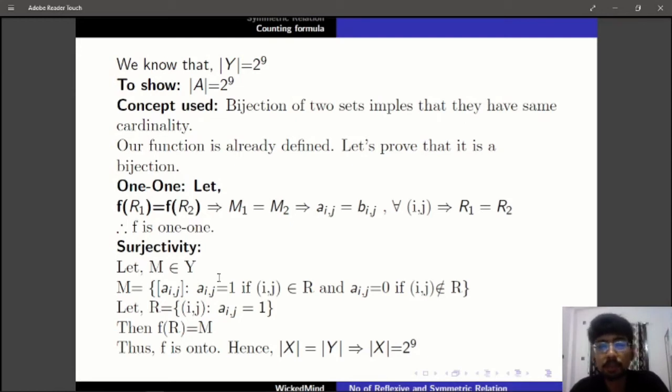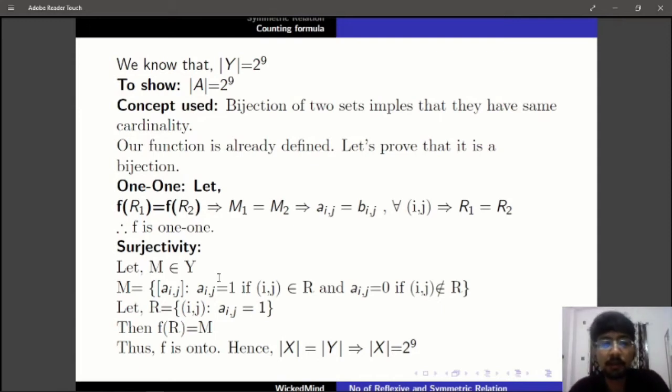In order to prove that it is a bijective function, we have to show that it is a one-one function and an onto function. For a one-one function, meaning injectivity, we define f(x1) equal to f(x2), then we have to show that x1 equals x2. What is a one-one function? We already discussed it in the first video. If you have not seen the first video, that's okay.